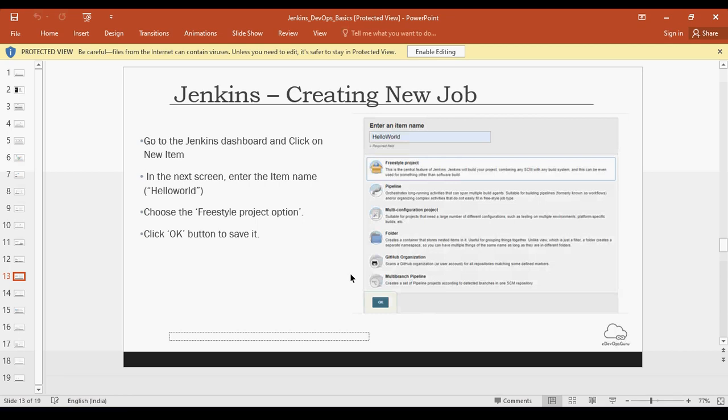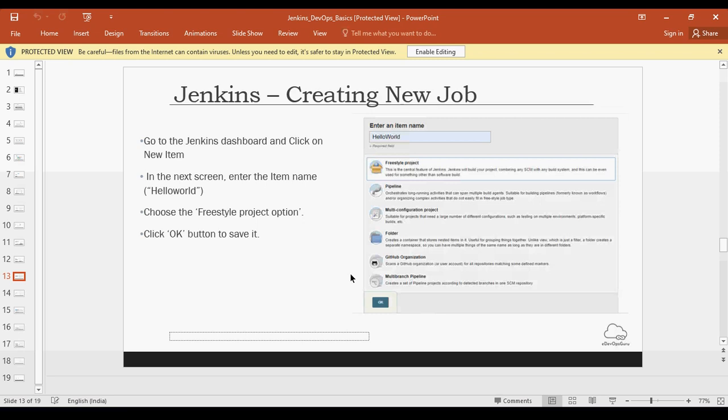But in my experience, freestyle projects are easy to maintain and easy to understand. If somebody leaves the organization and somebody has to take up that activity, it is easy for a new person to understand. So you don't have to play with if, else, while kind of things. All those things are hidden inside.